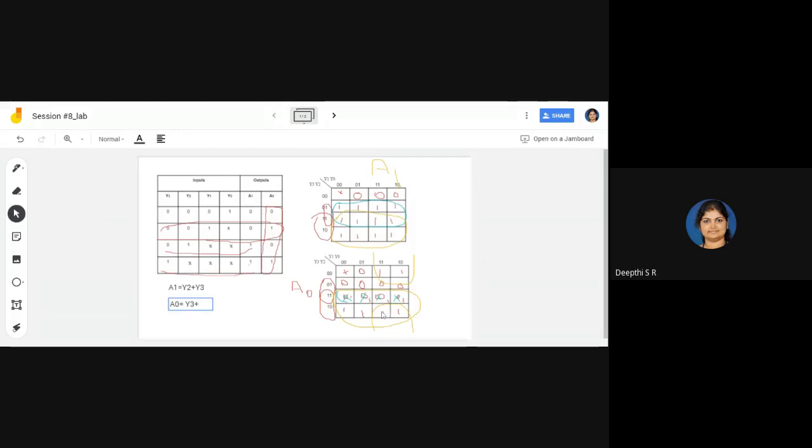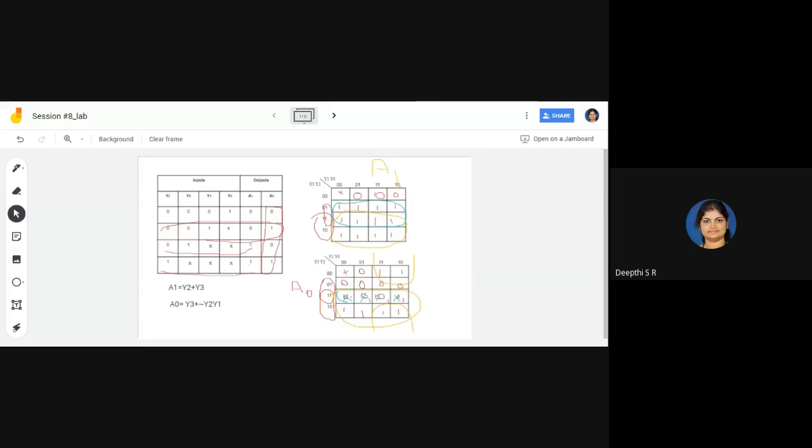So it is nothing but NOT of y2 and y1. So this is the expression for A0. Whereas in the previous case, without priority, you had A0 as y3 plus y1. Okay. So hope I am clear with this.